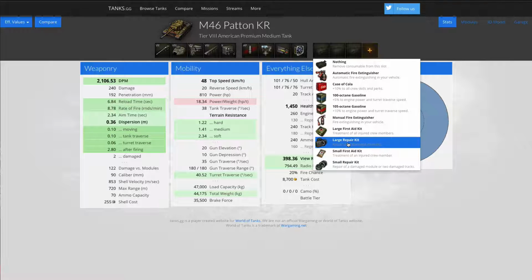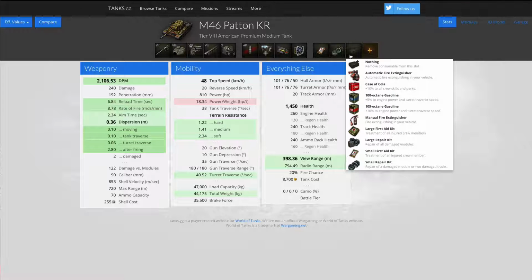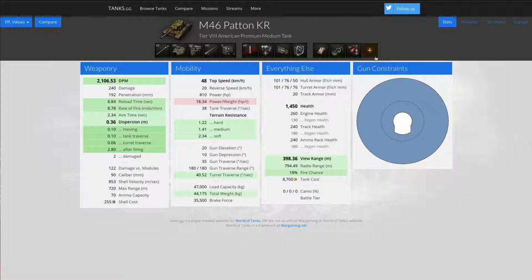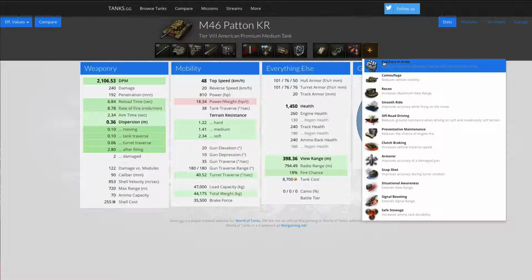I personally have small repairs, small med kit, and then automatic fire extinguisher. I always have automatic fire extinguisher because my reactions aren't quite as quick as they need to be when you get set on fire. Also, if you have a 2 or 3 man crew, a skill crew shall I say,